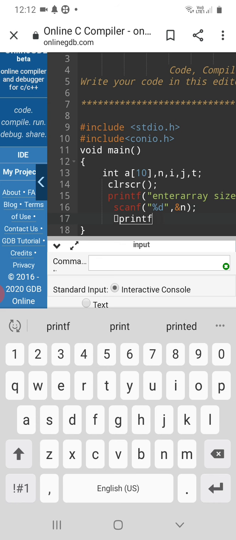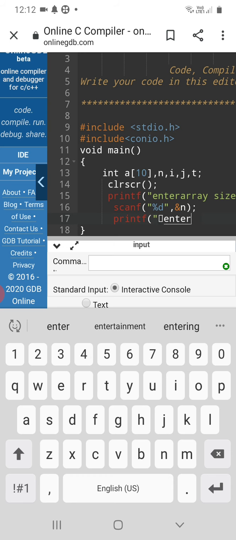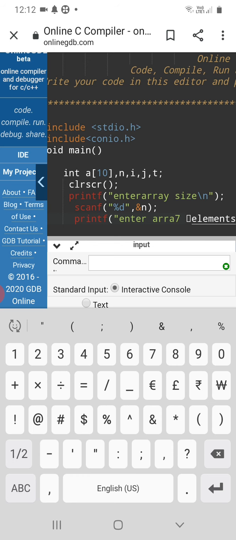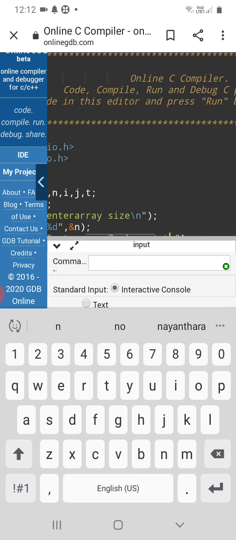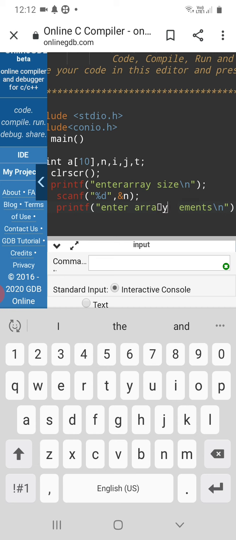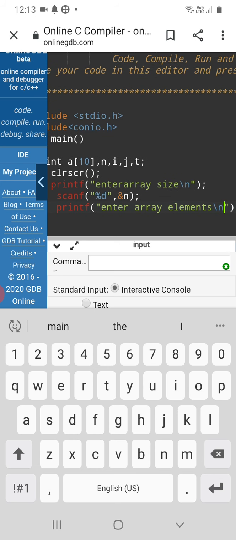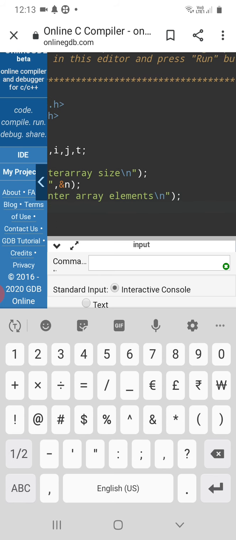Printf, enter array elements. Enter array elements, \n prints the next line. By closing it with a semicolon, moving on to the next line,